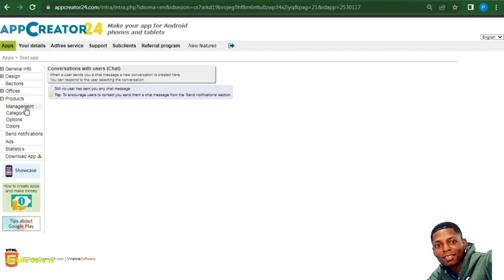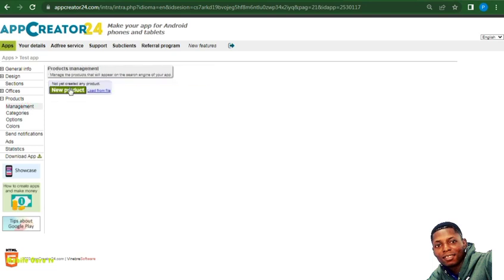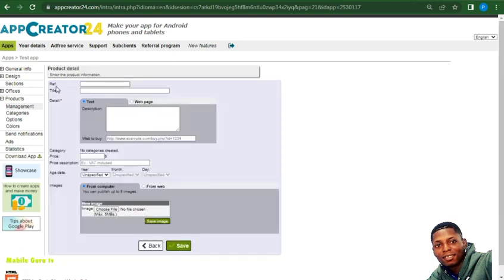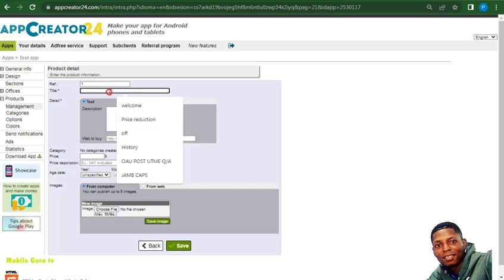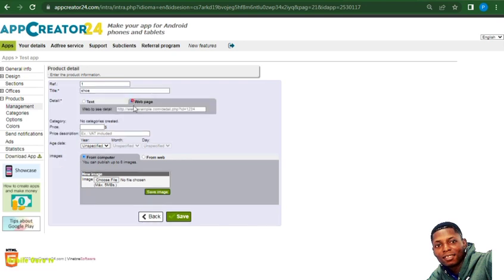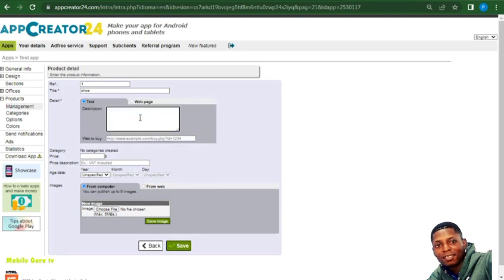Now after doing that, you can also create product management on your application. You can add products on your application. So if you are creating an e-commerce application, here is where you can do that. Create a new product. You can give your product a reference number, maybe 001 or maybe 002, depending on how you want it. Then you give your product a title, maybe shoe or wears. Then you can input a text, the description you want to display under your product, and now you can put your